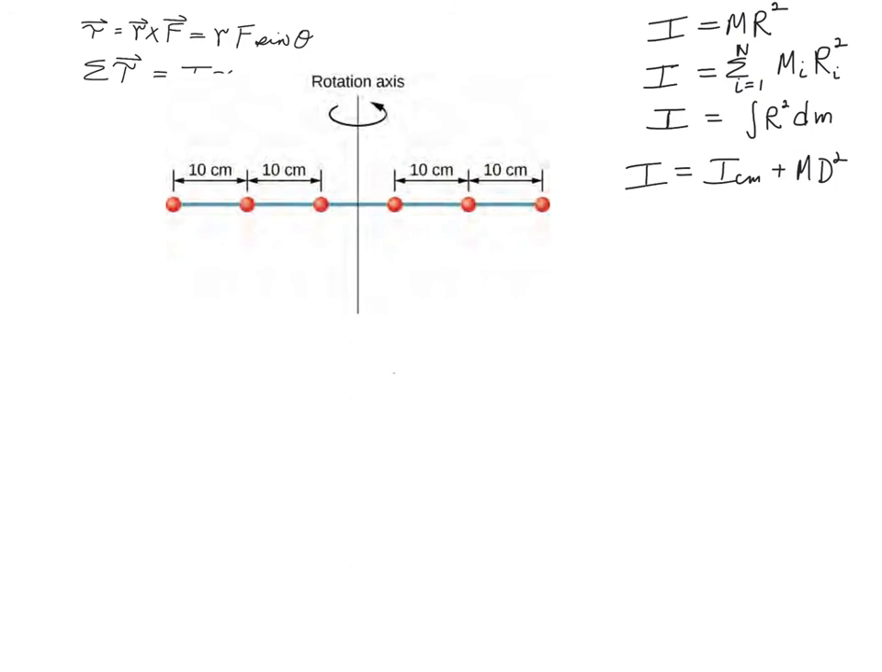So there's actually 7 objects we have to add together, and so the inertia is going to be this summation. Well, actually, this is the summation of point masses plus a rod. So if I were to write this down,